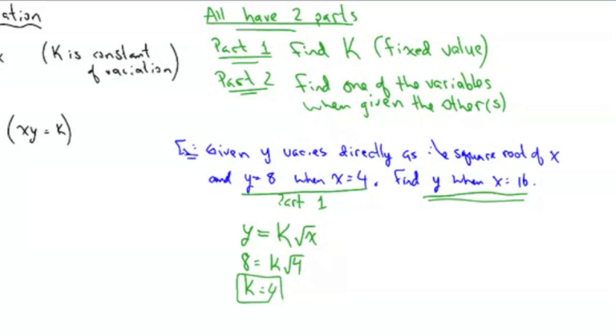Once you get k is equal to 4, this is a fixed value. For the rest of this problem, k is always going to equal 4. All right, this is part 2. When you set up part 2, you start off the same way. Y equals k square root of x. And you plug in what you know for part 2. Part 2 only tells you that x is equal to 16. So plug in what you know. Y equals